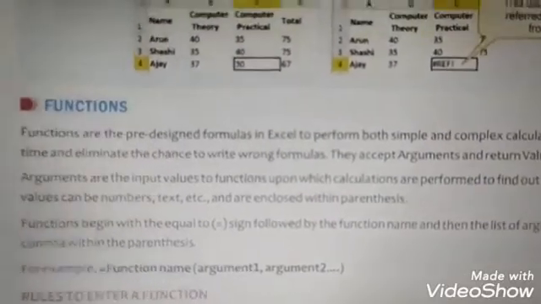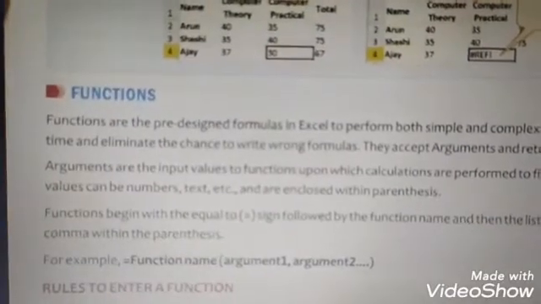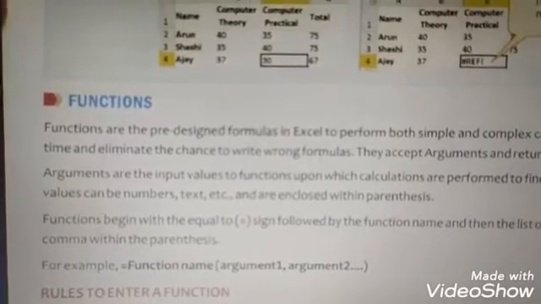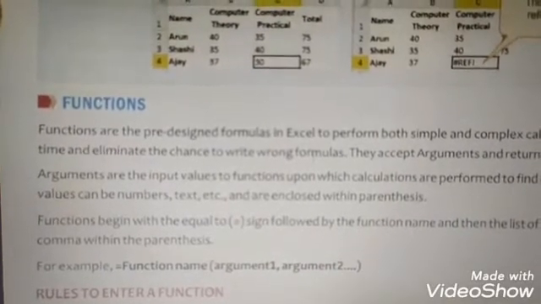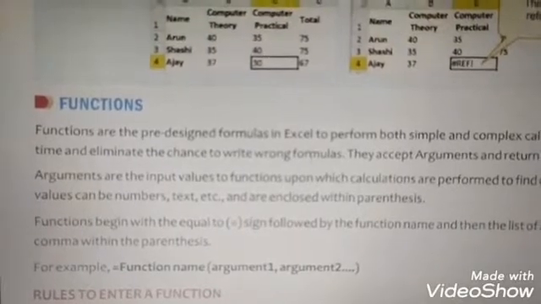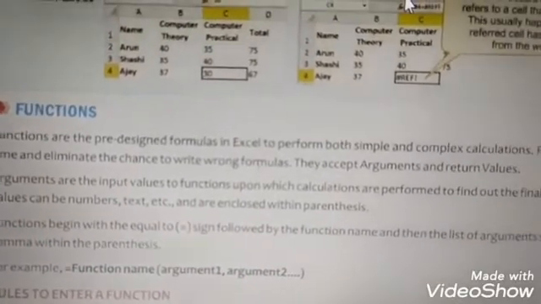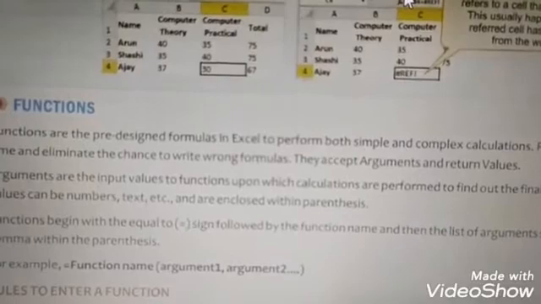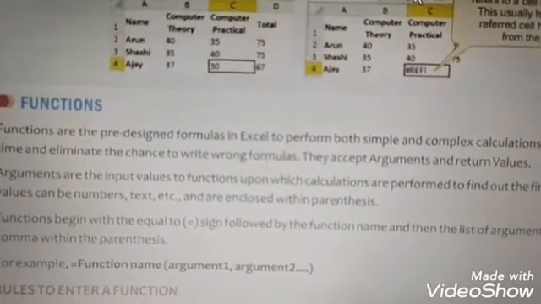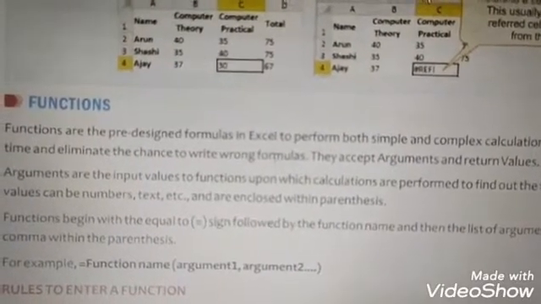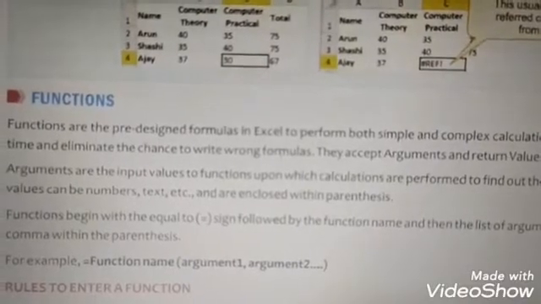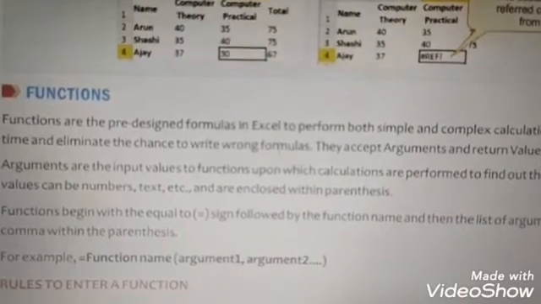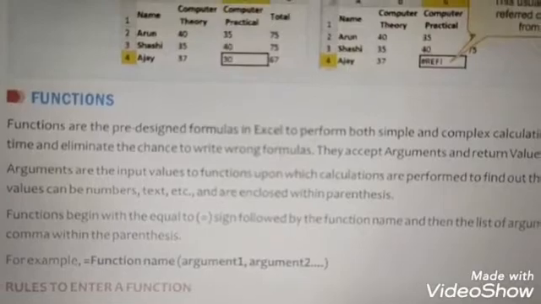Once again, the definition: an argument is the input value to the function, the data used for the calculation to get the result. It can be a number or text, and it must always be enclosed within parentheses.